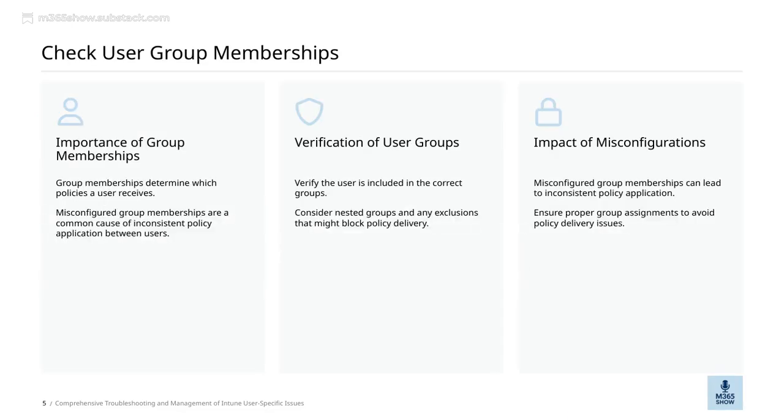Now, let's talk about checking user group memberships. It's a crucial step in troubleshooting and managing user-specific issues in Intune. Misconfigured group memberships can really cause inconsistent policy application across users. So, it's important to ensure that users are assigned to the correct groups. When verifying, don't forget to consider nested groups and any exclusions that might prevent policies from being delivered properly. Remember, group memberships directly influence which policies a user receives, so if they're set up incorrectly, it can lead to